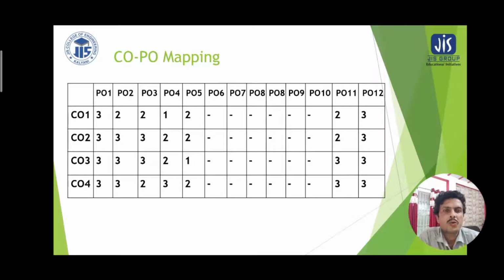Now in the course outcome and program outcome mapping, we are seeing that there are 12 program outcomes which are mapped to the course outcome statements. Here, as 4 course outcome statements exist for basic electronics engineering, they have different weightages assigned to each column of program outcomes. Here 3 depicts the high weightage assigned for a certain mapping, 2 means the moderate linking, and 1 stands for the least linking. When there is no link, it is kept vacant with a dashed line.